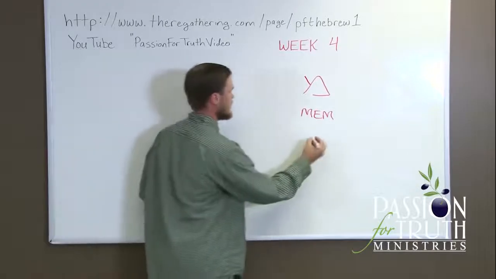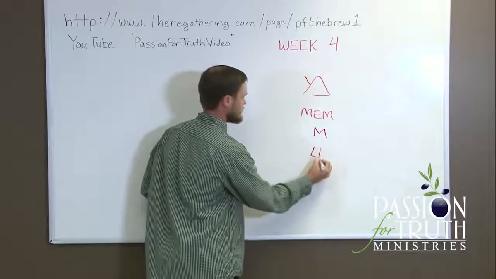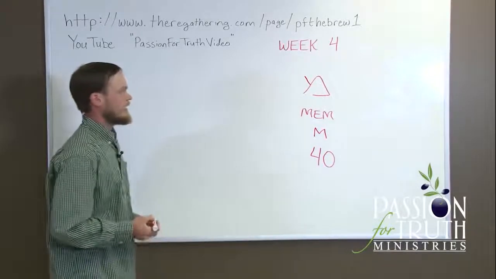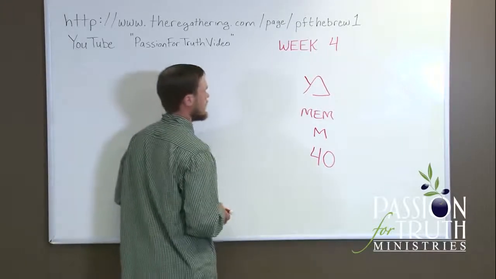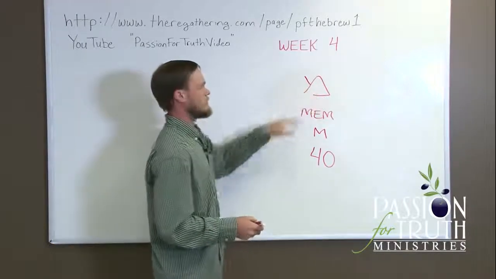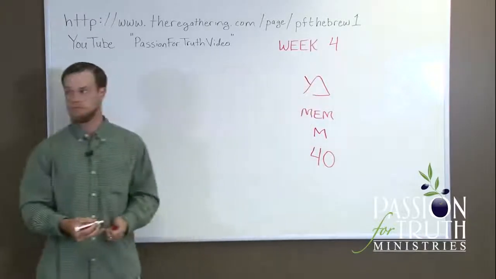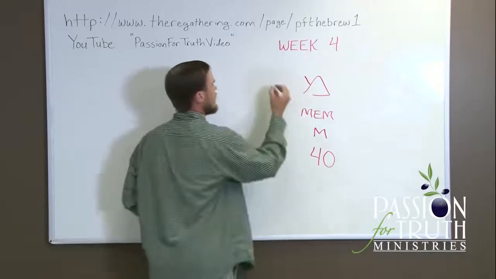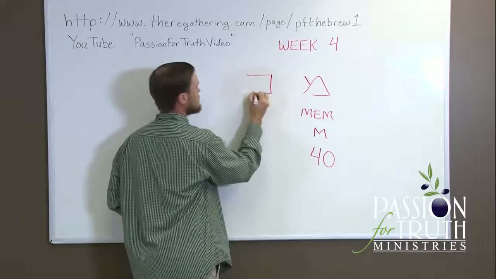Mem makes the sound of the letter M. Numerical value is 40. Okay, and the Mem has a final form as well. The regular form, I kind of exaggerate how much of a triangle it is. A lot of times this top edge looks a little more rounded in many scripts. But I exaggerate that in order to differentiate it from the final Mem,